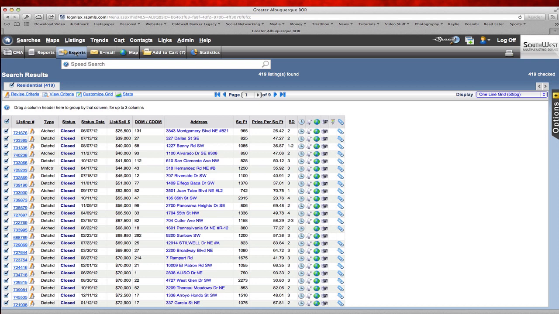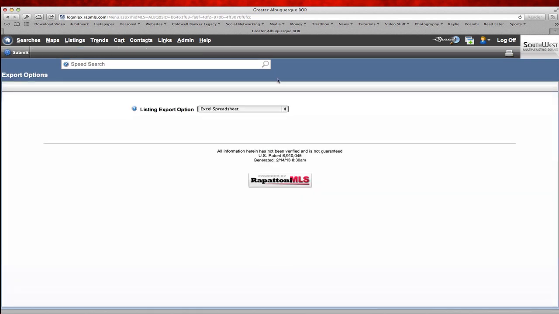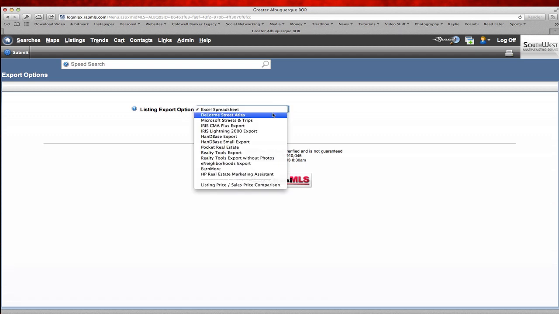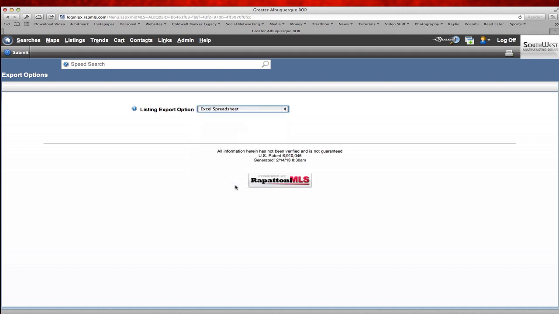So let's go ahead and go to exports, and then you'll notice listing export option. If I click that drop down, there's some pre-made defaults that are here. But you'll notice down underneath the dash line, here's the exports that I have in my system. And since I only have one, I see listing price, sales price comparison. So when I click on that and hit submit,